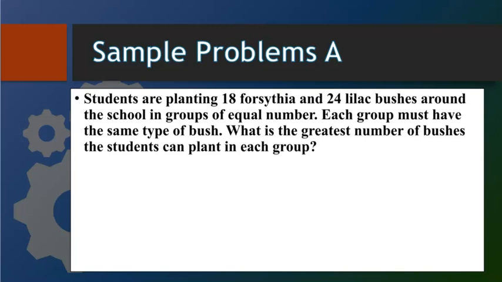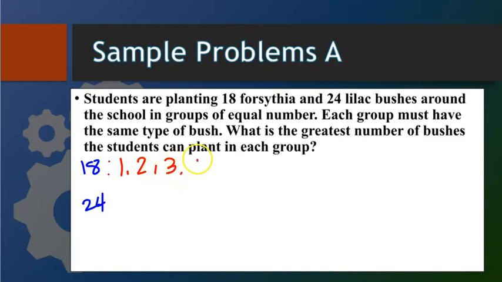Students are planting 18 forsythia and 24 lilac bushes around the school in groups of equal number. Each group must have the same type of bush. What is the greatest number of bushes the students can plant in each group? So we have 18 and we have 24. Now if I were to list all the factors of 18, this would be 1, 2,